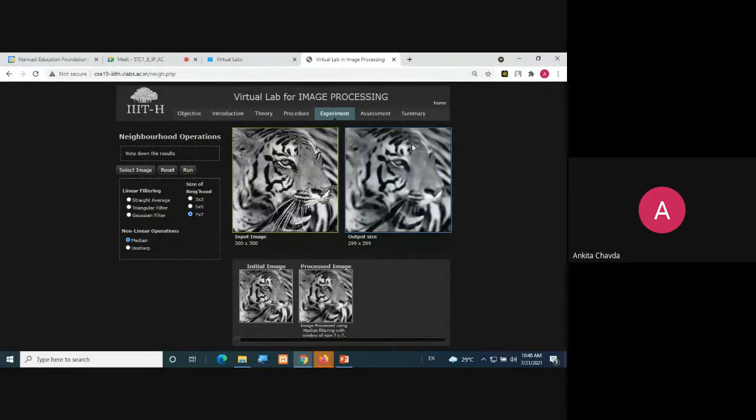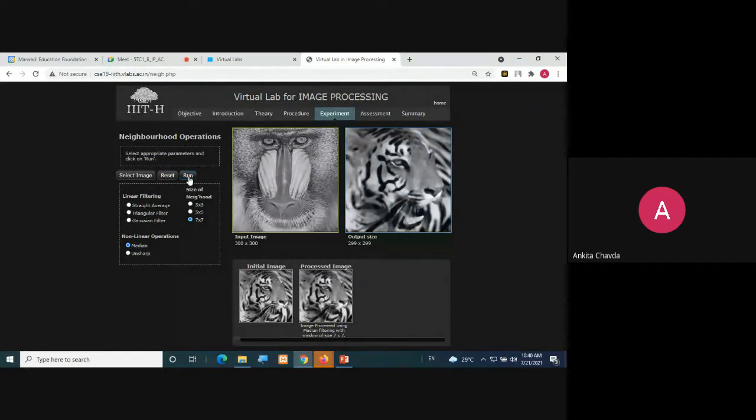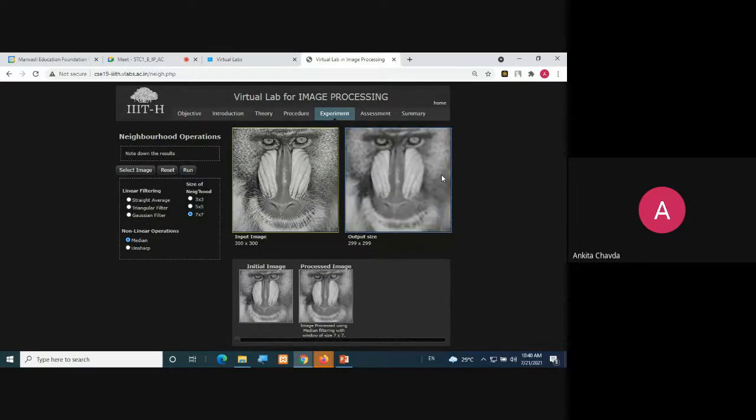Right? Those dots are removed. The same thing you can even check with this one. You can apply the median and run it. See, the dots are removed.